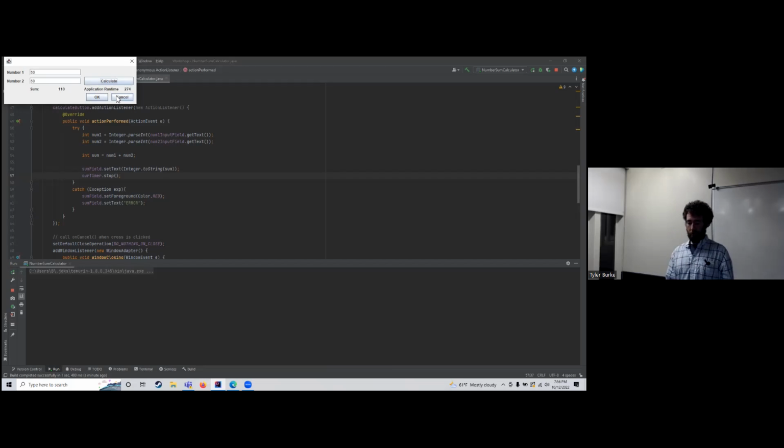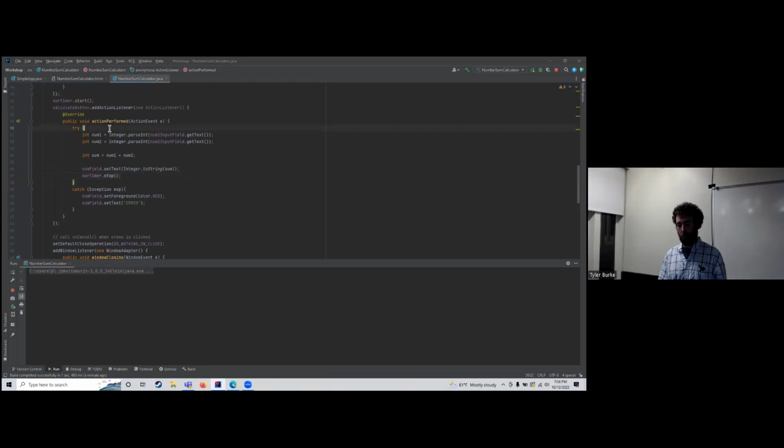With Swing, I should have mentioned initially, Swing is single threaded. Everything that updates a Swing GUI component must be used on the event dispatch thread, which is a special thread spawned by the JVM that handles anything and everything to do with Swing, plus a number of other important functions. And the Swing Timer accounts for this. It's very easy to work with compared to the system timer, and we can make an alternative implementation of this where we do